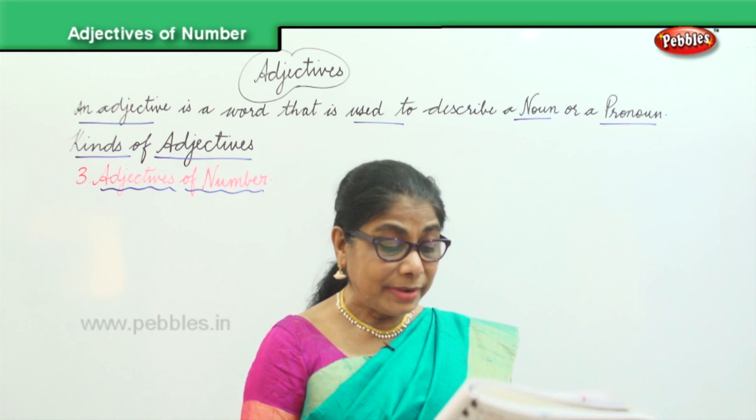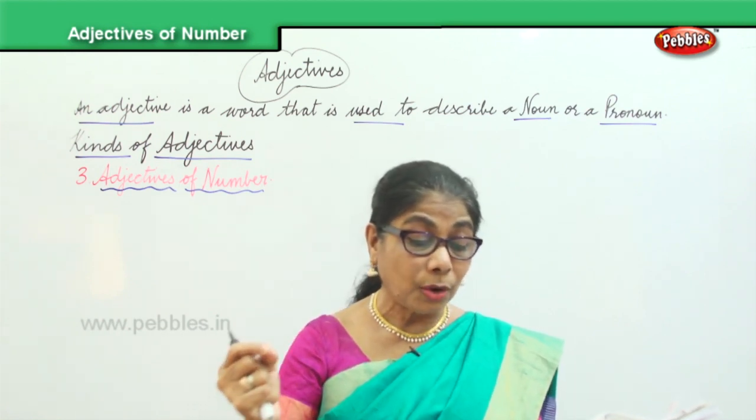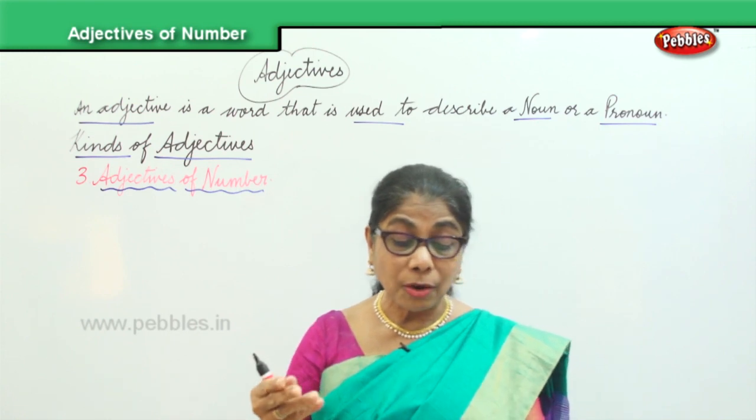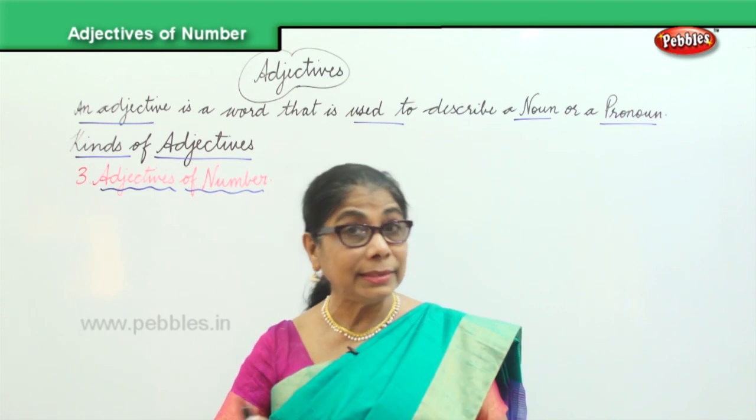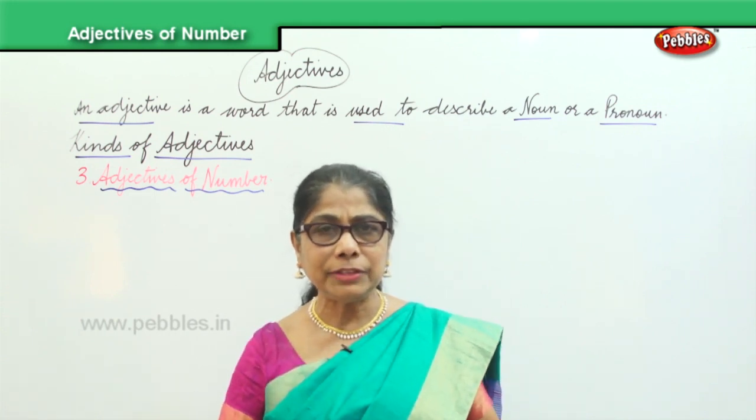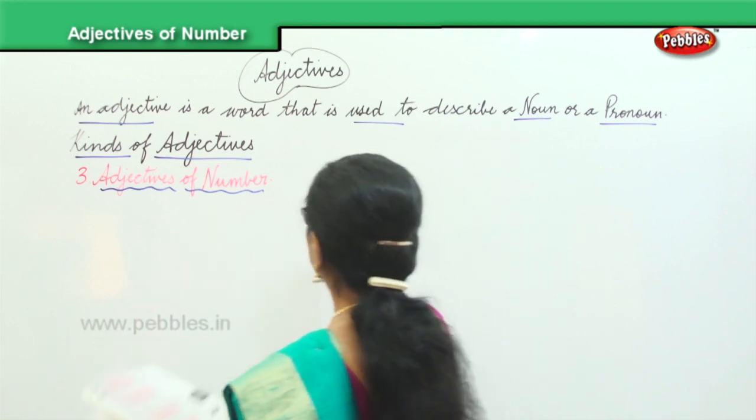An adjective of number shows how many persons or things are meant, or in what way or order the person or thing stands. Standing first or last or whatever. So, an adjective of number,